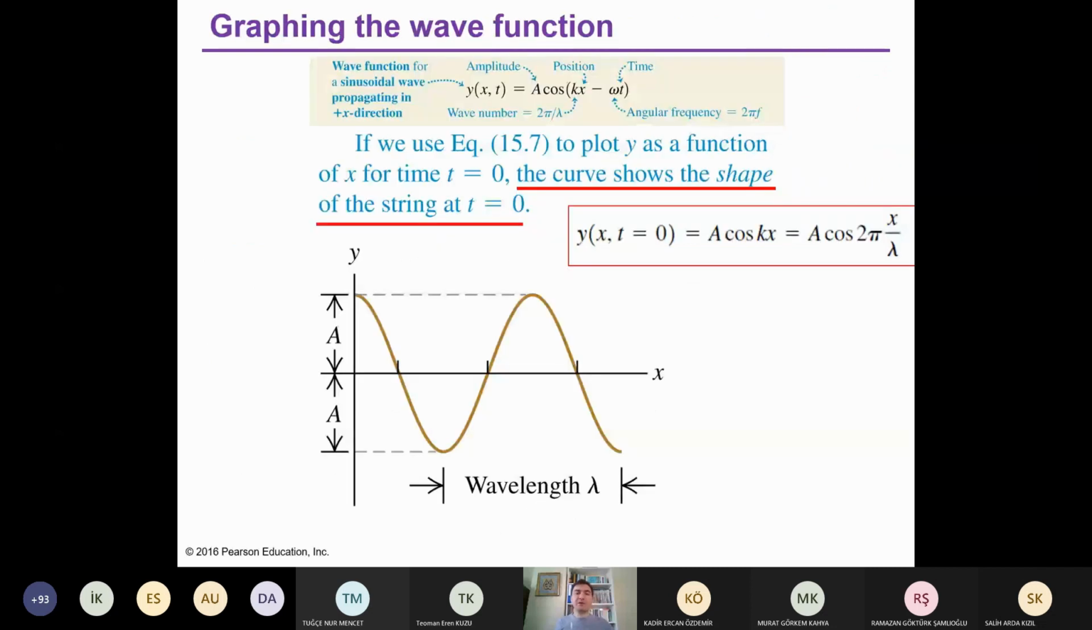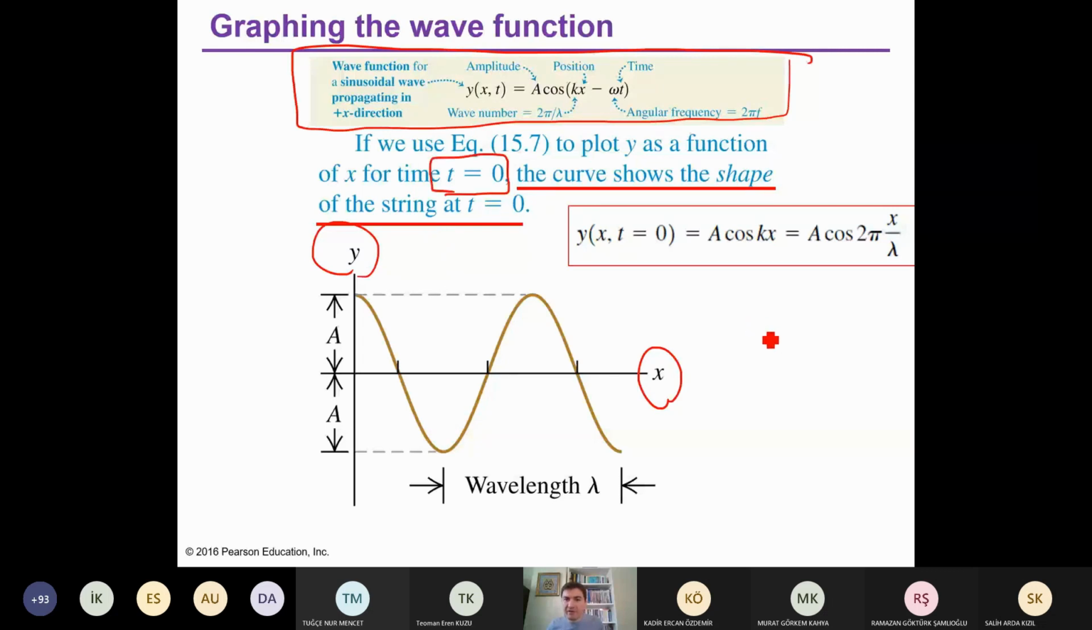Now, let me continue with the wave function graphs. Here you see the x-axis, here you see the y-axis. So we have found this equation, okay? Then just consider, when the time is 0, what is the shape of the string? Let's consider that